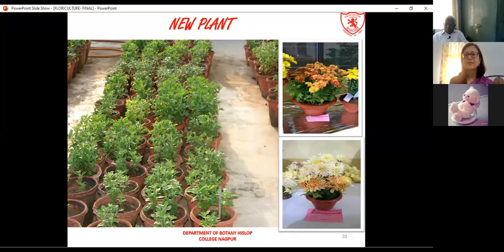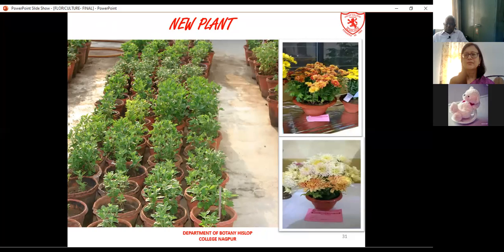If the conditions are a little cold, December, January, February, March, 4 months they would be there. And it is so thick, with so many buds, that one after the other they keep on coming. They will go on till March and early April as well. But at our college, because we have to think about multiplication, after 2 months towards March, we cut down these